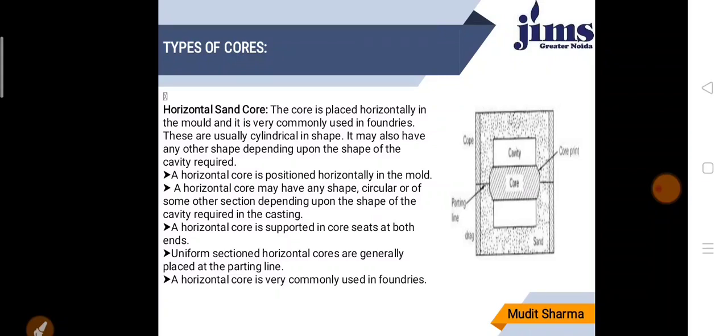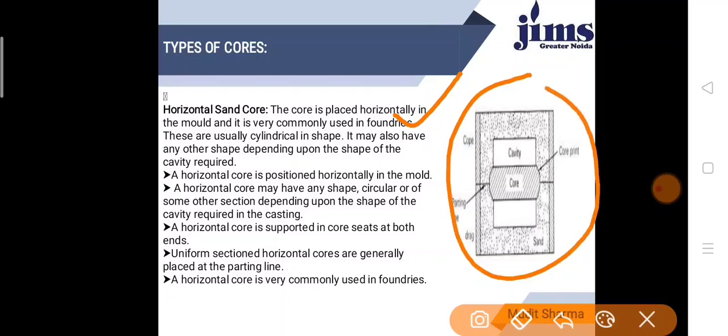The ends of the core rest in the seats provided by the core and permit the metal. You can see in this PPT, the core is placed horizontally, as shown in this figure. Here the core is located at a horizontal position, and uniform sectional horizontal cores are generally placed at the parting line, we can say on the cheek face.